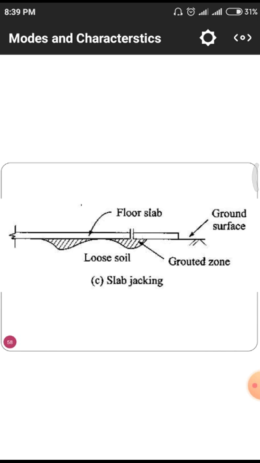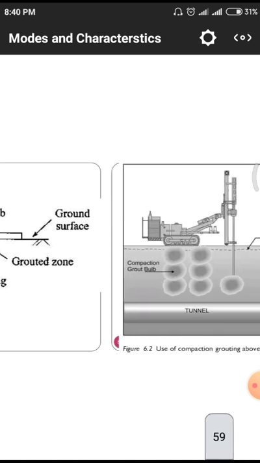Normally if a floor slab is there, and there is any void content below the floor slab, then due to the application of load there may be some stress strain changing. Due to the stress strain changing, automatically there may be the development of cracks. To arrest those kinds of cracks, we have to go for this floor slab phenomena with some quantities of loose soils and slab jacketing phenomena.